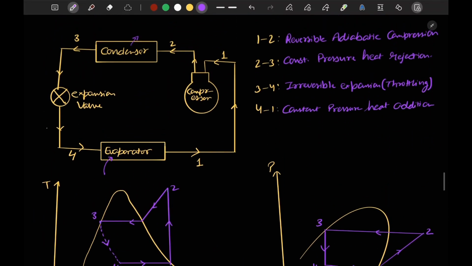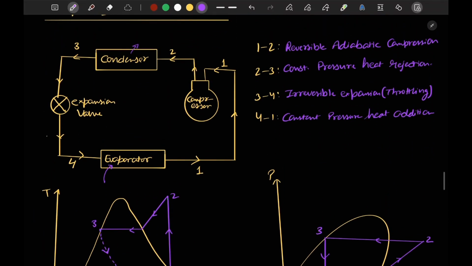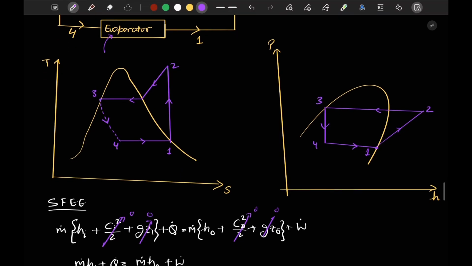Okay, I hope you understood this point. Now we see here that in the TS diagram, since we are taking the expansion valve, or you can say throttling, there is some amount of refrigeration work. Let's say if the system would have moved like this, if we have installed a throttling device here, then this part will be our refrigeration effect. But in case of throttling, what is happening? Our refrigeration effect is decreasing.